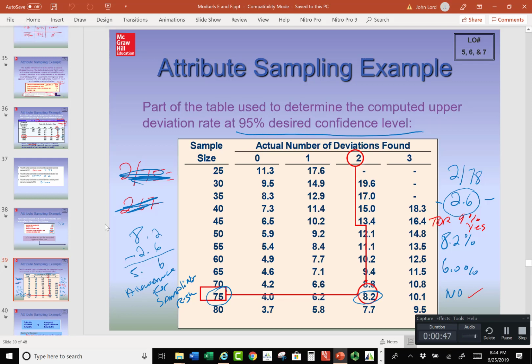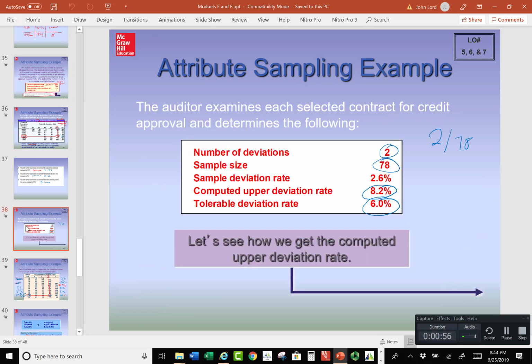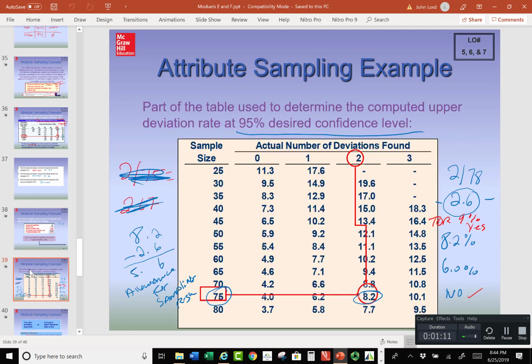Okay, so let's go ahead and remember, we had determined that the upper deviation rate was 8.2%, and that 8.2% was coming from the table. So table one, the first table we looked at, showed us the sample size, didn't it? What table 2 here is going to do is show us the results of our sampling. In other words, it's going to calculate our upper deviation rate. Okay. Now,